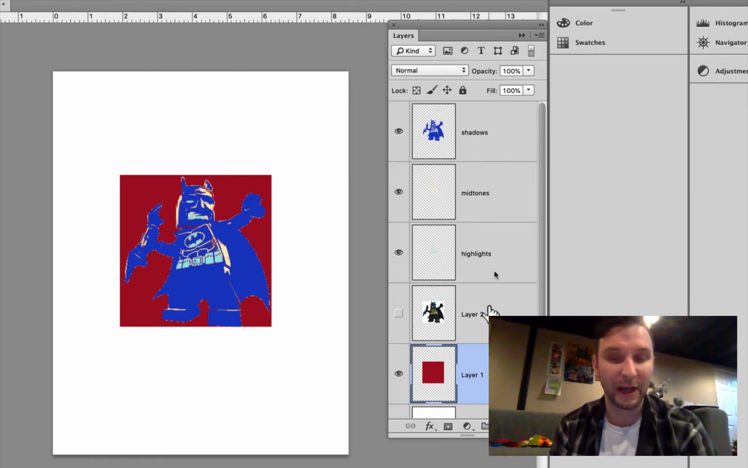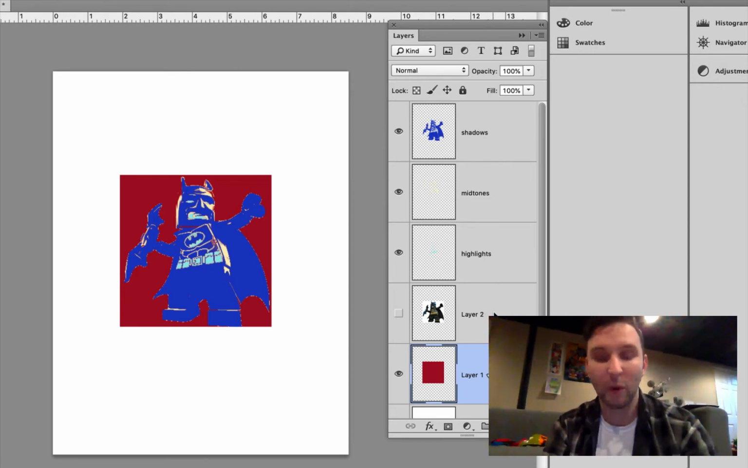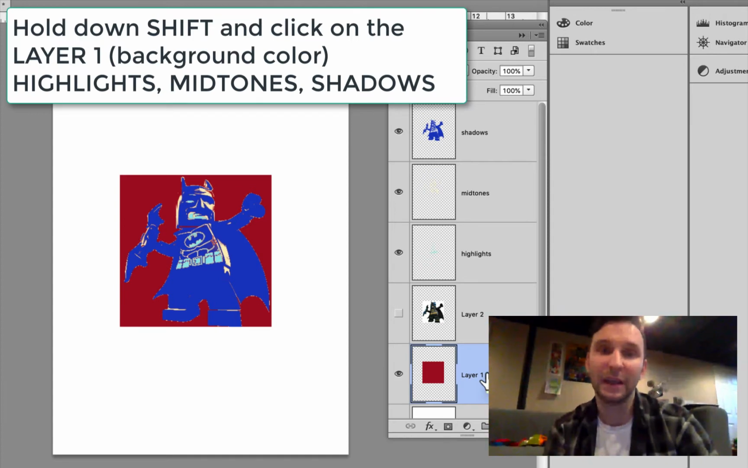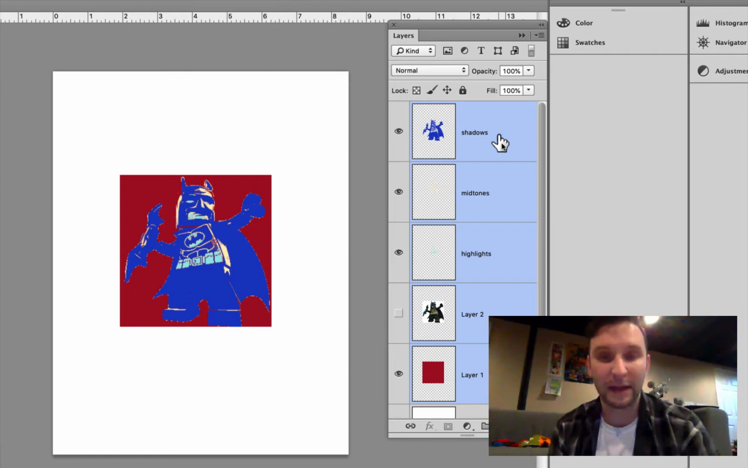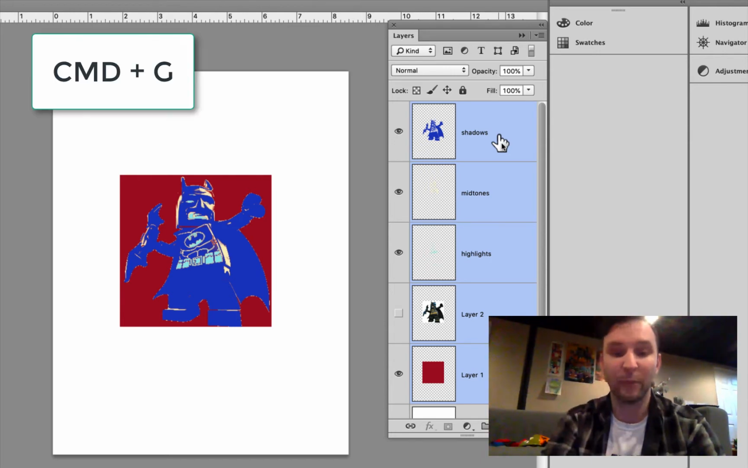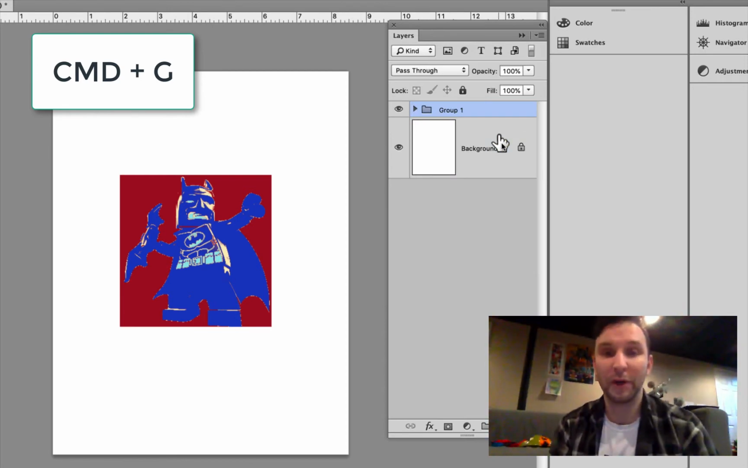And to group layers together, it's really simple. What we're going to do is hold down the shift key on your computer, and click on each layer that we want to select or include when we go about grouping these together. Now from here, there's a couple different ways that we could do this. I like the shortcut way, which is simply holding the command key and pressing the letter G,